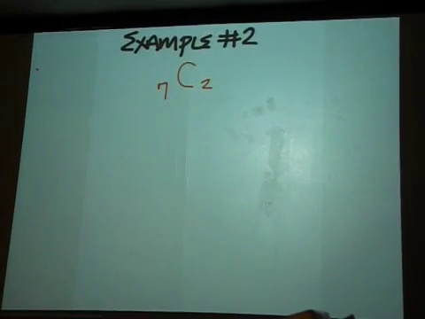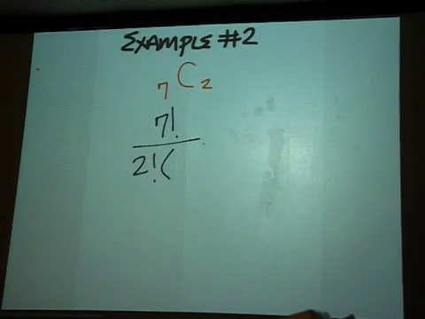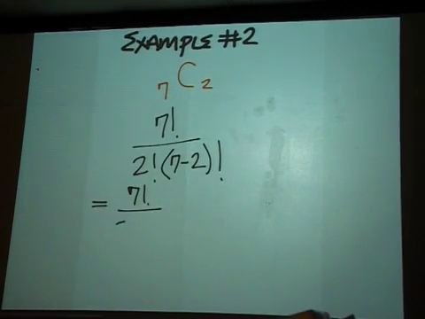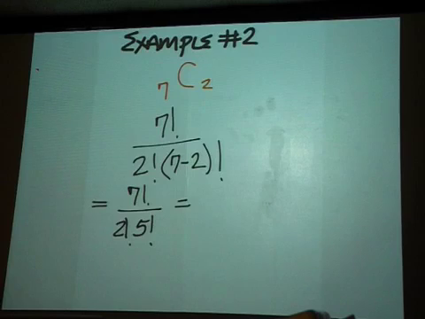7 items total, and we're going to choose 2 of them to find out how many combinations we can come up with. 7 factorial over 2 factorial times the factorial of the difference between 7 and 2. So that gives us 7 factorial on the top. On the bottom it's 2 factorial times 5 factorial. And 7 factorial